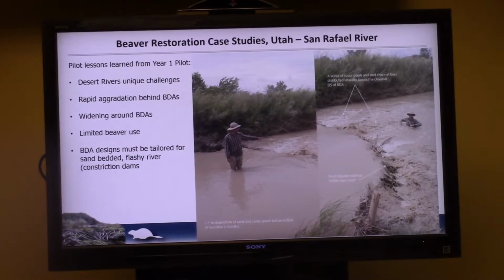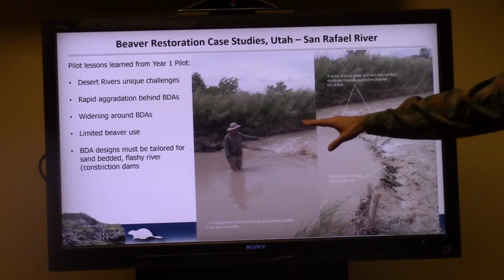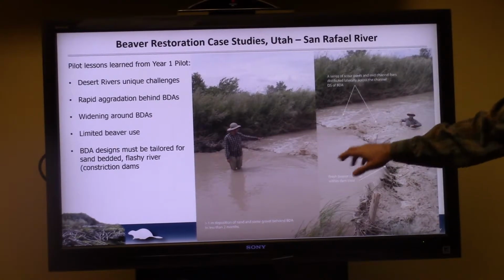Definitely kind of mixed results, and what we've been realizing is that our designs for the beaver dam analogs really need to be tailored for a desert river, and relying more on constriction dams, and basically the emphasis is trying to get dams that will last, because we had a lot of them blow out last summer. But the ones that did stay put and did well, we saw extremely rapid aggregation behind the dam. So over a meter of sand built up in less than 2 months behind this main dam here, and then